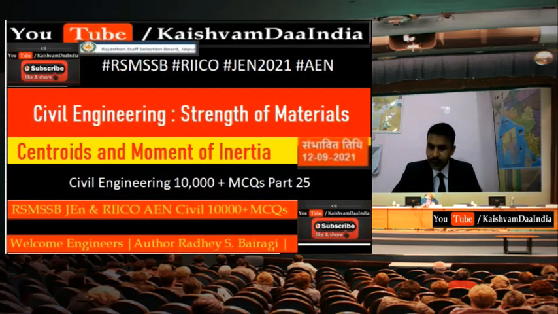Next, if the thickness and width of each plate of a laminated spring are t and w respectively, then the moment of inertia is equal to w t cube by 12. Please remember the formula: b d cube by 12, where d is the depth and b is the width. So here the width is w and the thickness is t. You put the values and you will find w t cube by 12 is the moment of inertia.